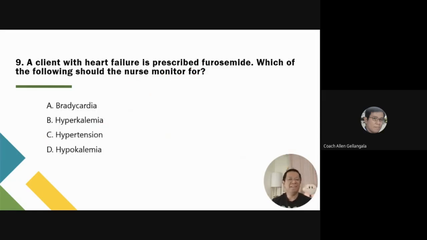Okay, let's go with number 9. The patient is now prescribed furosemide. Which of the following should you monitor? Okay, furosemide is a loop diuretic. So what are we going to do with the loop diuretic? What does it do? It increases the functionality and the potency of the loop of Henle in terms of its functioning,